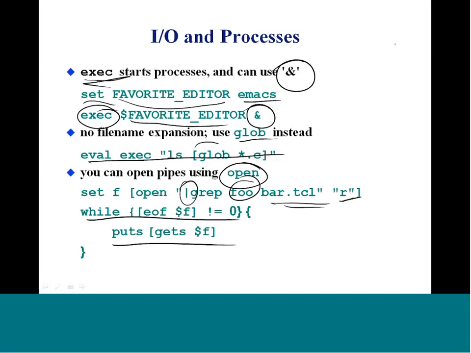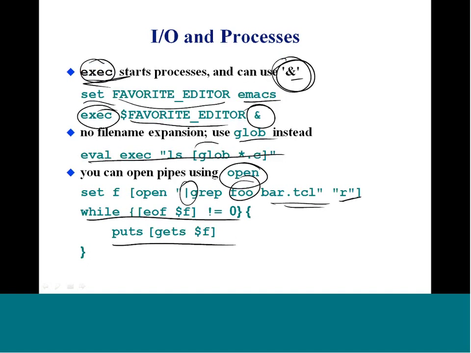The slide is on how to open up a socket and do inter-process communication (IPC) using the Tcl commands. These are some of the commands on the IOs and processes essentially. So using these commands, you can actually run an external command using Tcl. exec is one of the commands that can start a process. We defined the process and programs in the very first lecture, if you remember, and then the exec can also